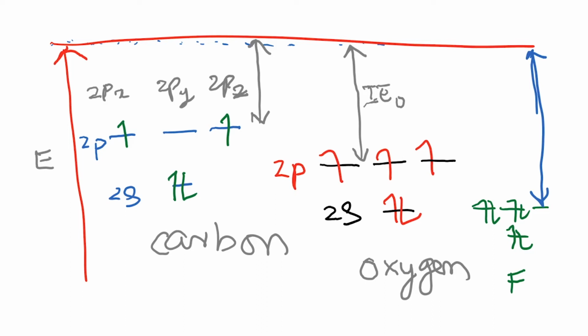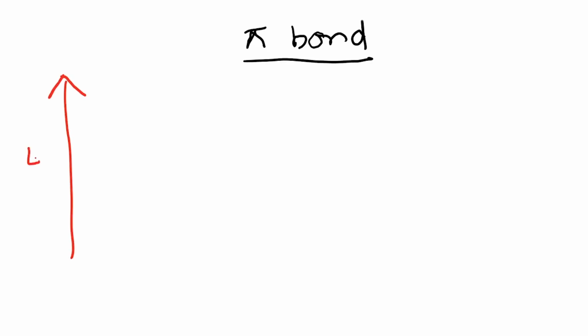Okay, so this kind of framework helps us understand where the atomic orbitals are actually located. And so when we are trying to construct a molecular orbital picture for a double bond, we need to keep this in mind. For example, when I want to make a pi bond, I think we are already quite familiar with sigma bonds, so I'm not going to spend time with that. But if I want to construct a molecular orbital picture for a carbon-carbon double bond, my y-axis is energy, and then we have a p orbital for one carbon, and a p orbital for another carbon.